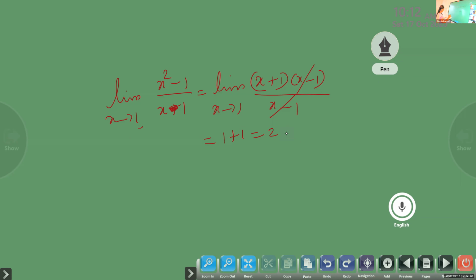Then the ninth one, another mistake is in the graph of modulus x. What about the graph of the modulus x function? Is it a V-shaped curve? Is it continuous or not? Will you be able to draw the curve without raising your pen? What is the answer? Continuous. The graph of the modulus function is continuous.